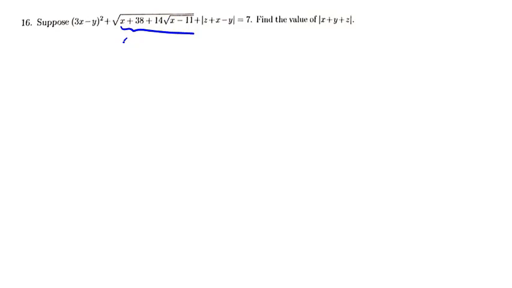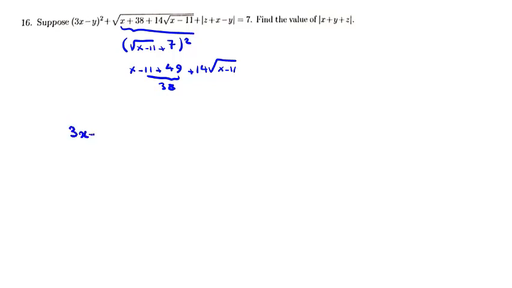So you say, okay, we have x minus 11. And if we write plus 2 times this 14, 7 squared. If I calculate this, it will be x minus 11, this is squared, plus 49 plus 14 times x minus 11. And 49 minus 11 will be 38. And we see this is exactly equal to this. So